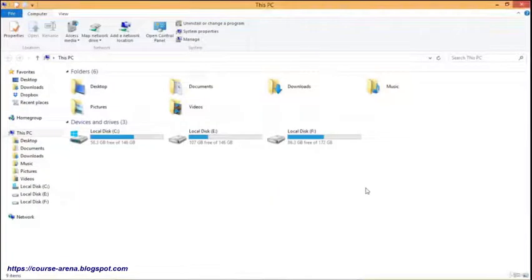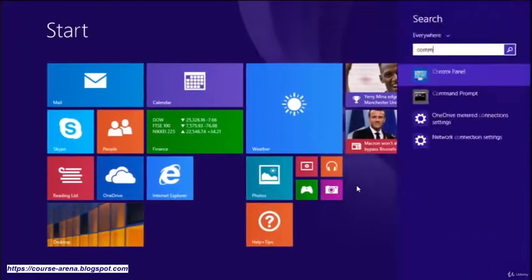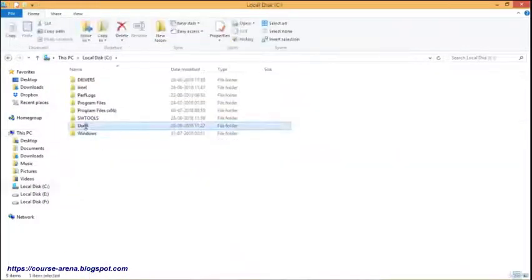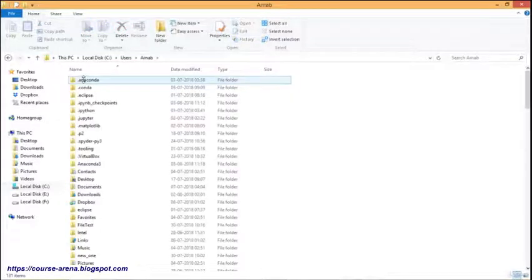Python coding can be done in three different ways. The first one is the immediate mode, the next one is the script mode, and the last one is using an integrated development environment, that is, an IDE. So first we are going to discuss how we can do the coding in Python in immediate mode. Here we are opening our command prompt and going to the respective folder, that is C:, users, this is a username, and Anaconda 3.